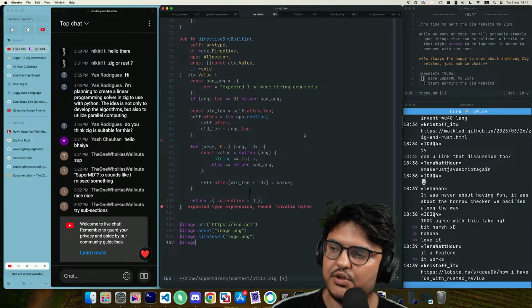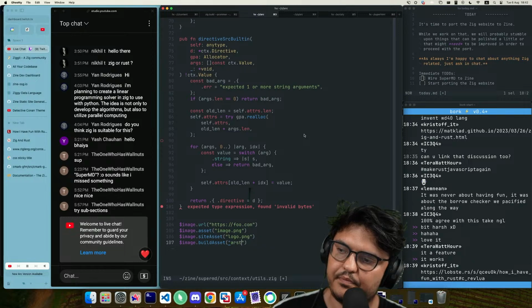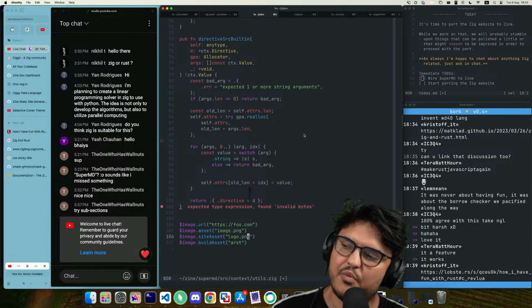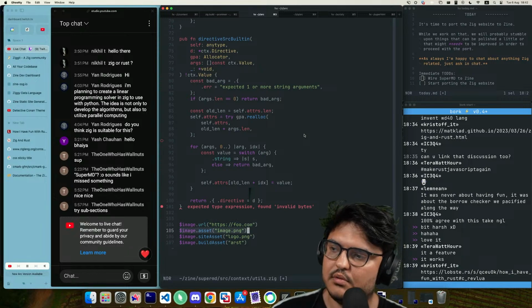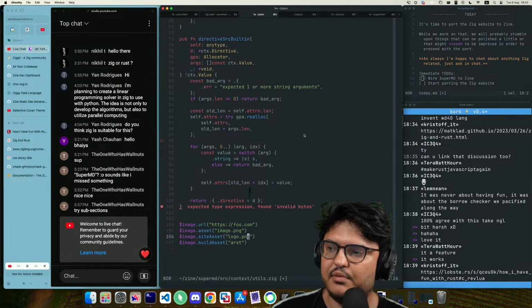And then there's image.build asset. I think that's what we want. We want URL and asset to be the easy ones to set, and the other ones to be a little bit more verbose, but still accessible.